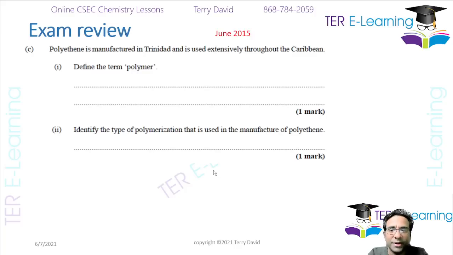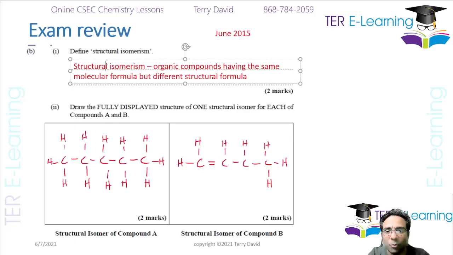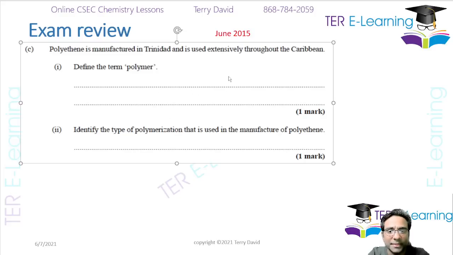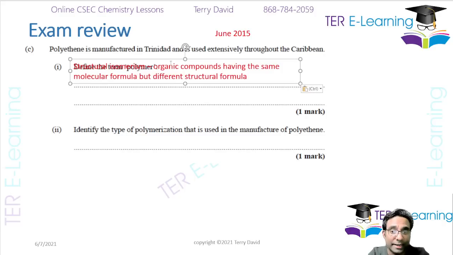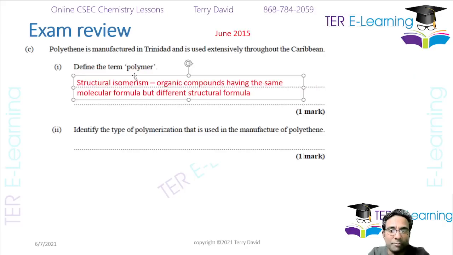So let's see what we have here now. The next part here now, they said polyethylene is manufactured in Trinidad and is used extensively throughout the Caribbean, right? So I feel I should type this one because we may encounter this as well, right? A polymer, you all have to be able to define what a polymer is, right? Now a polymer, it's a macromolecule, guys, right? So a polymer